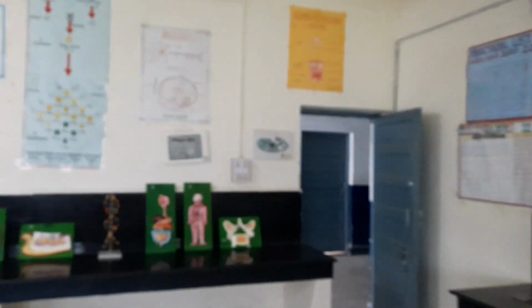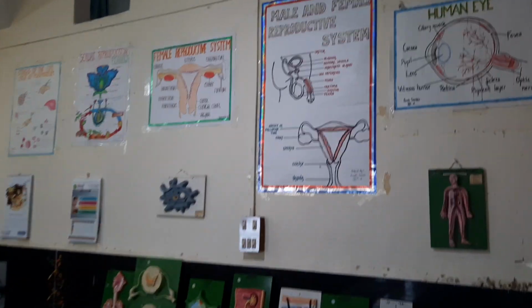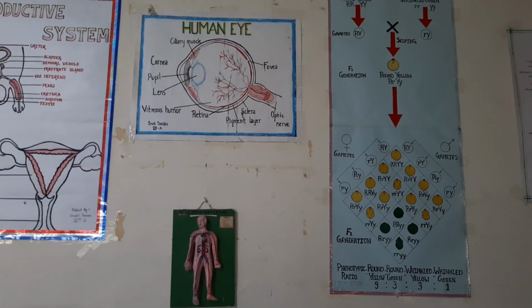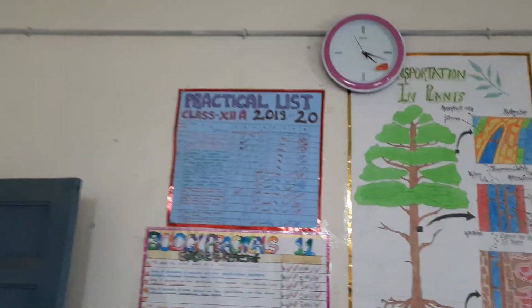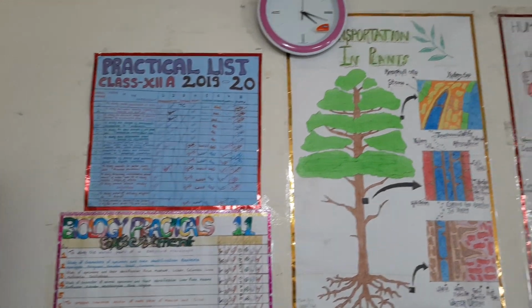Now finally, these charts are very helpful for me because they are designed according to my biology syllabus. So when a student visits my laboratory on a day-to-day basis, by simply seeing these charts, they are able to memorize the things which are crucial for their biology syllabus. Now and then we have some list of practicals for class 11th and for class 12th biology, and this is how a biology laboratory looks like.